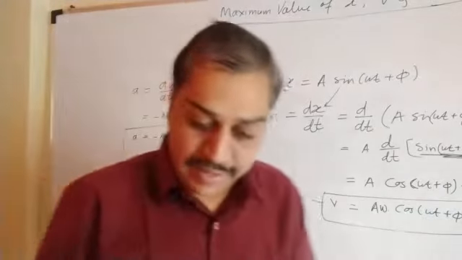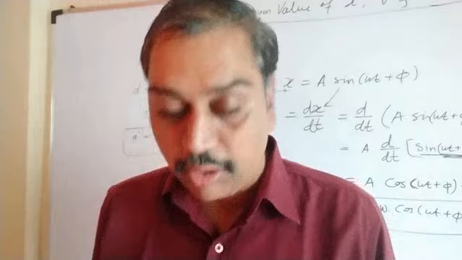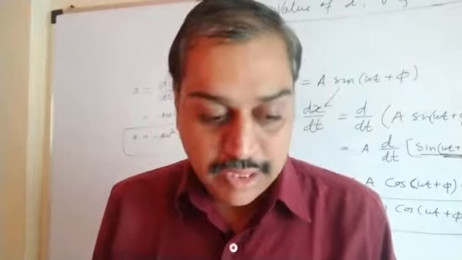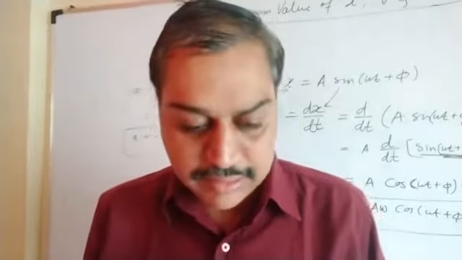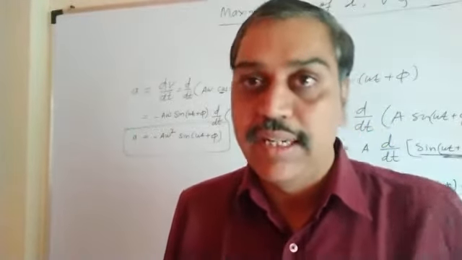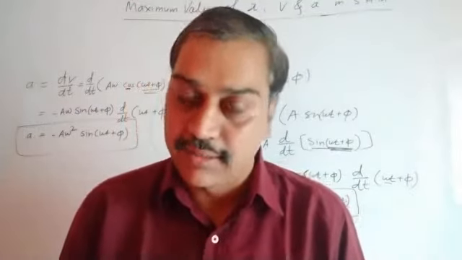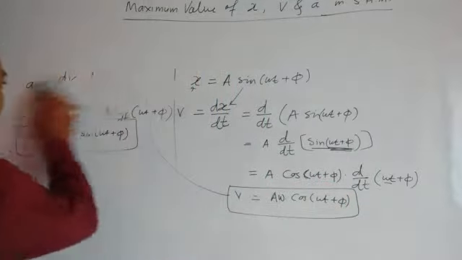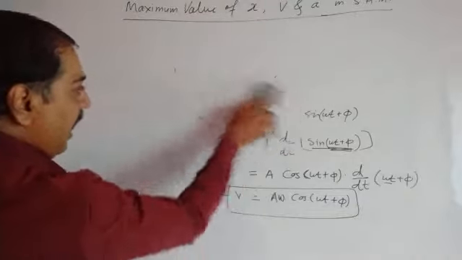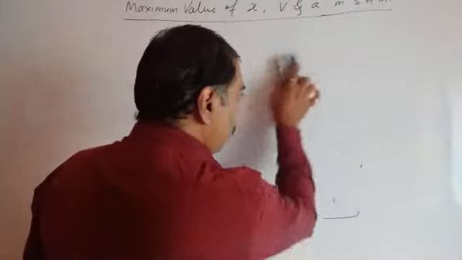So in this fashion we can find out expressions for displacement, velocity and acceleration at a time, as we have just derived, the same equation on page number 113 of your book at right hand side. Let's go further. What we want to find out now is the maximum value of displacement, velocity and acceleration. So let's rub this part and start with the maximum value of displacement x, velocity v, and last one is the acceleration.